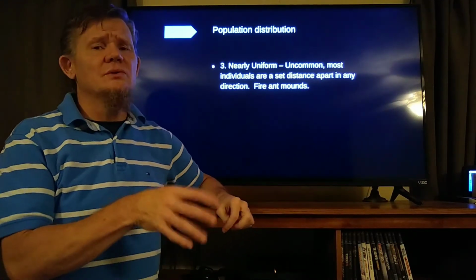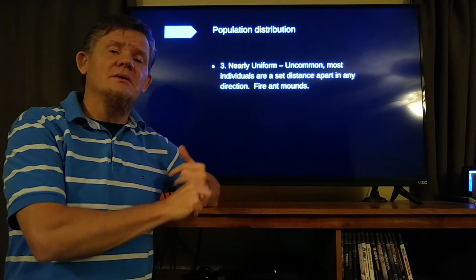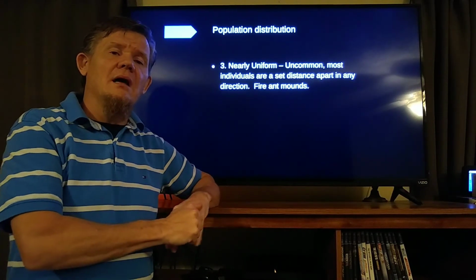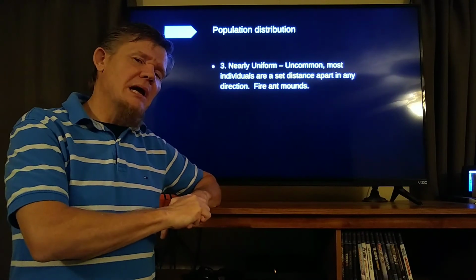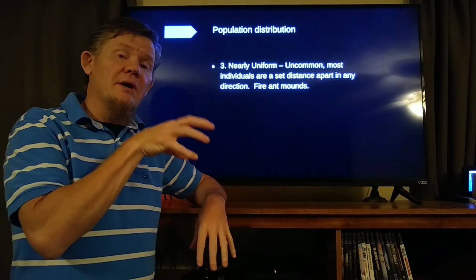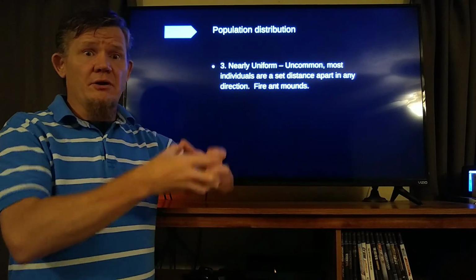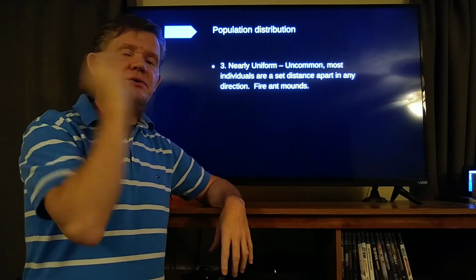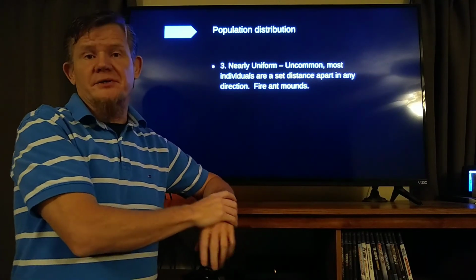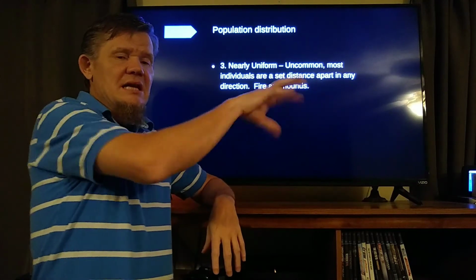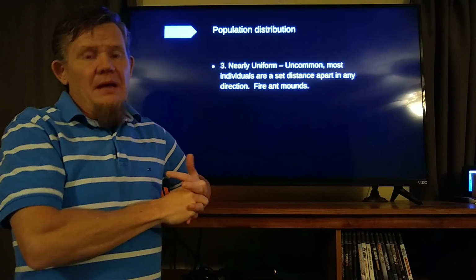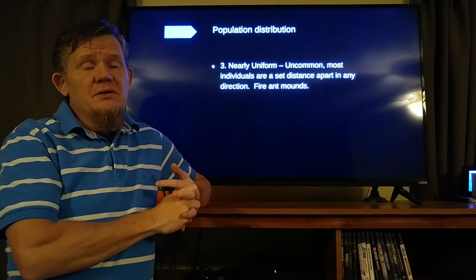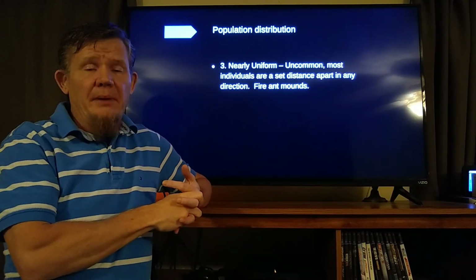A great time to look for fire ant mounds is in early spring and late fall, when most of the grass has turned brown, but specifically around the fire ant mounds, they'll be nice, bright and green. And so when you're driving and you drive by a pasture and you see these green dots everywhere, those are fire ant mounds. Fire ant mounds are fairly evenly distributed throughout a pasture like that.